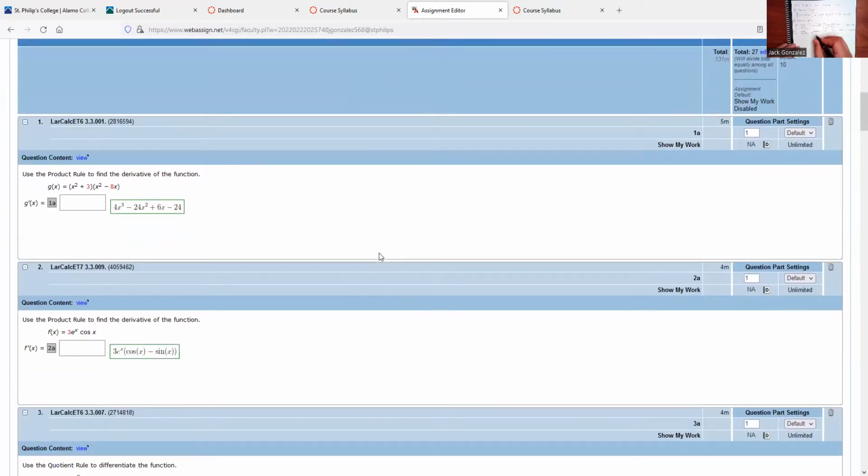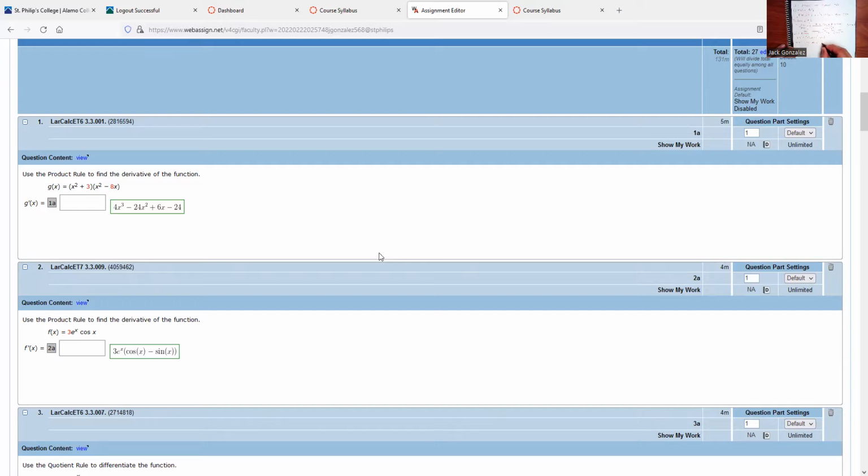Okay, so problem 1, to keep it short, find the derivative. That's all we are doing over and over again. So g of x is equal to x squared plus 3 times x squared minus 8x. Now, there are 2 ways to write the notation. I don't know if I mentioned this last time. I wanted to, but I might have forgotten. A note before we start: g prime of x